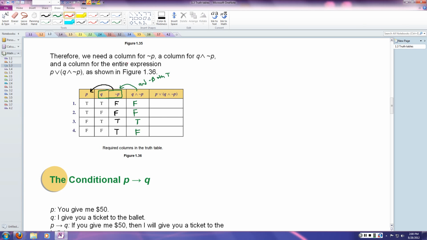And then looking at the next one, I'm comparing Q with the statement Q and not P. So I take Q and not P, and now it almost helps to put your fingers on the screen and keep them under those columns so that you know for this one, you're talking about this column and this column joined together with the word or. So or means they both have to be false for the statement